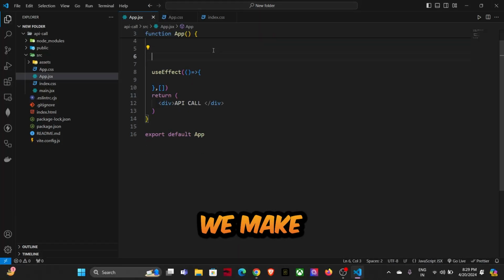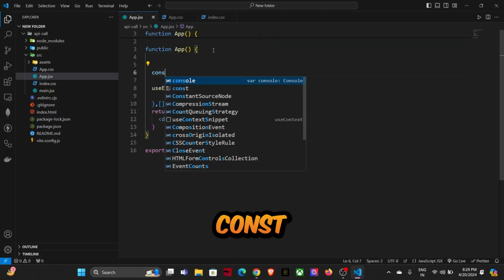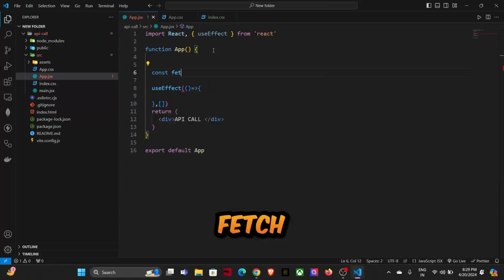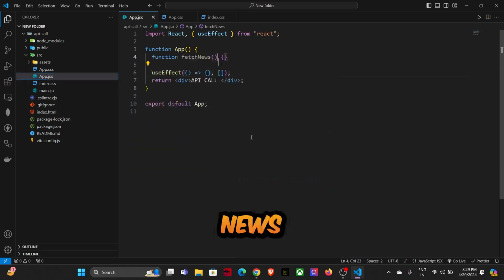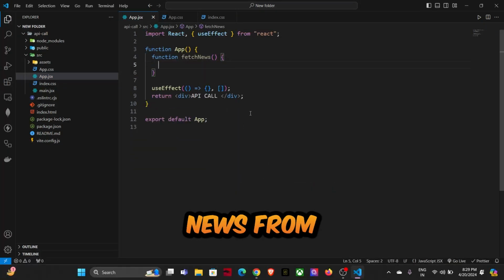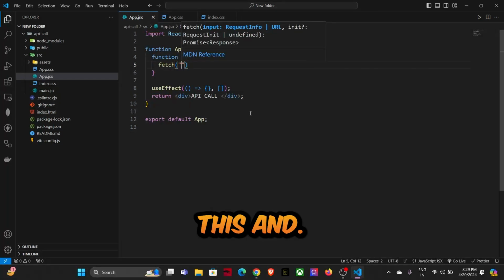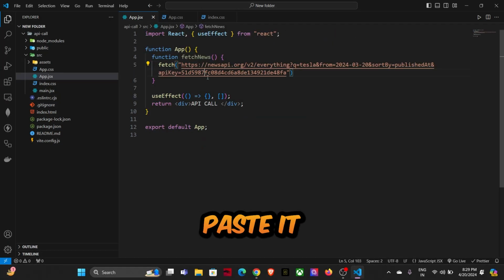So first we make a function, const, and fetchNews. Okay, so not const, it should be function. Okay, fetchNews, and we'll fetch news from here. So simply write fetch and call this, and paste it as a string. Now this is